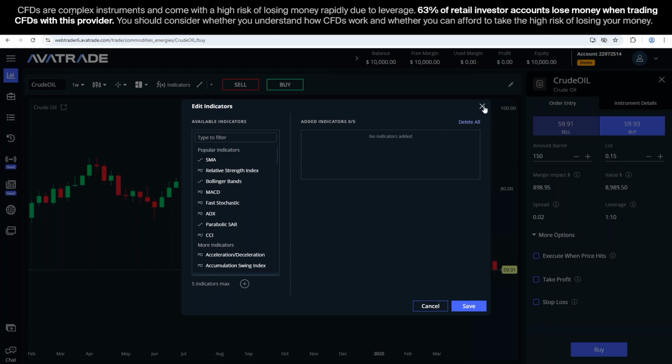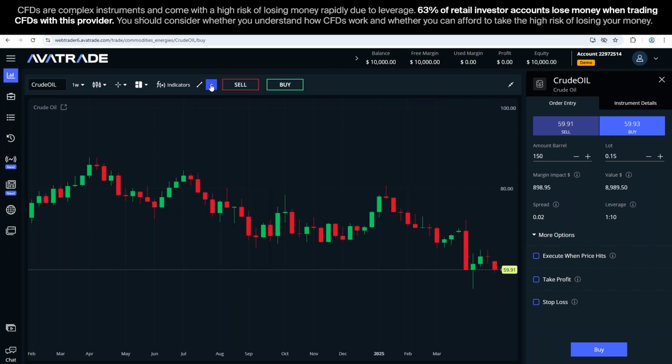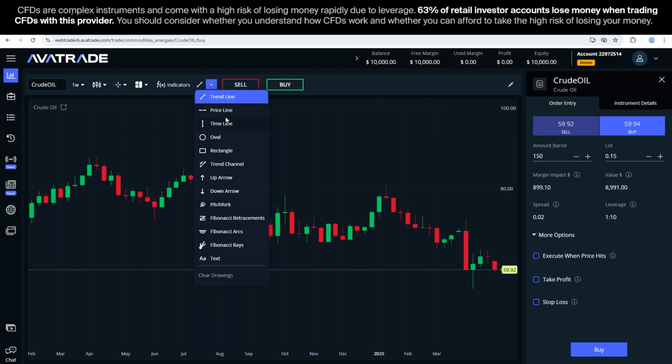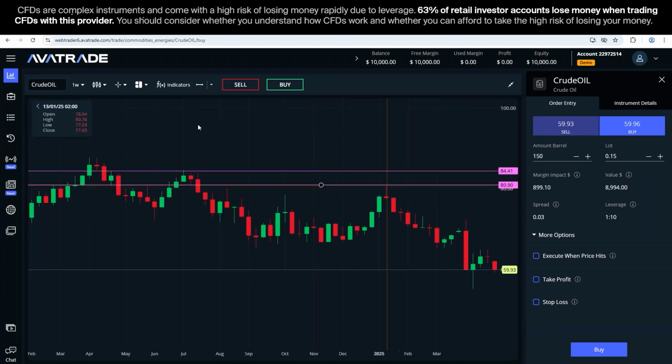Okay, we'll carry on, and then in here in the tiny arrow pointing down, we've got a nice list which I've placed those ovals from. We can also select the price line and place it at the top of those candles, and then slowly construct